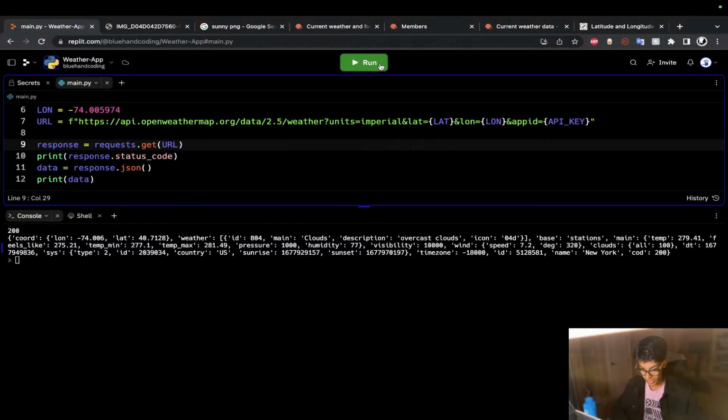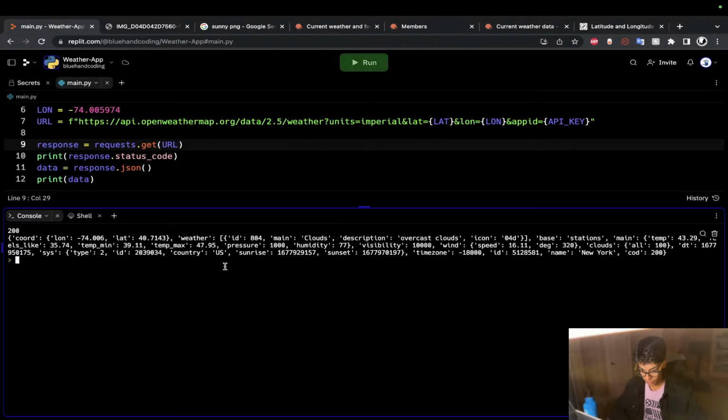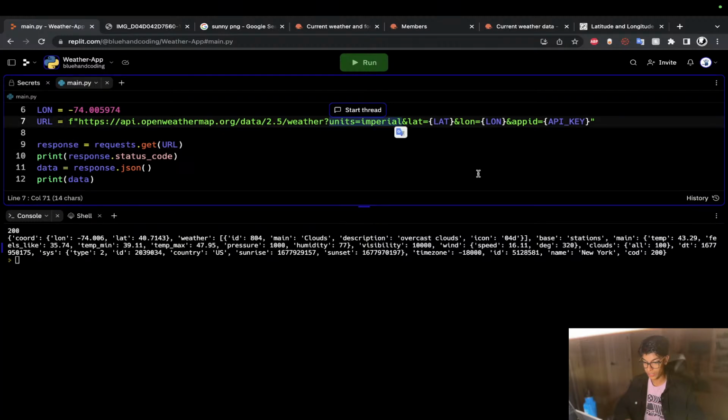So when we run this again, now we get something that makes more sense. So it's 47.95 degrees Fahrenheit in New York City. So just again, when we didn't have this, I'm pretty sure our information was getting retrieved in Kelvin. So we have to add this line of code, units equals imperial,